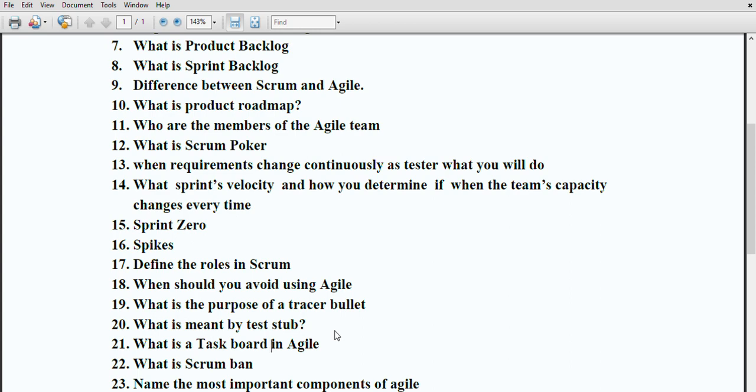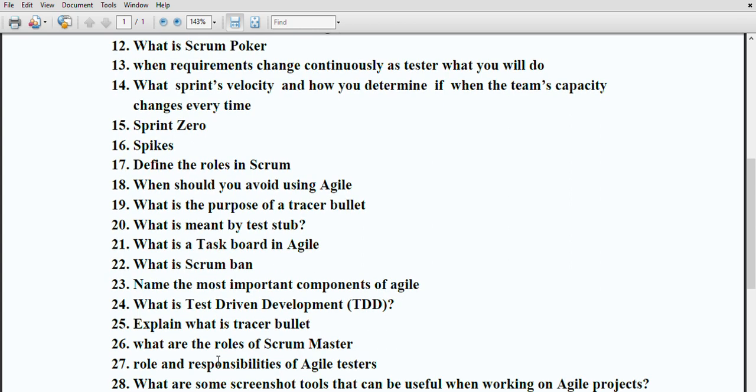Then the main question is, what is meant by scrumban? Basically scrumban is a software development model. It is a combination of scrum and kanban, as the name itself suggests.